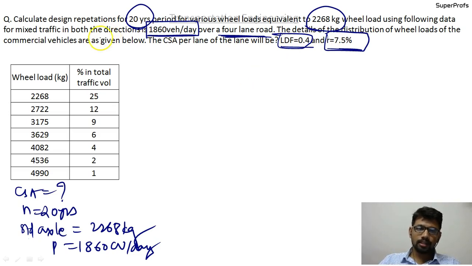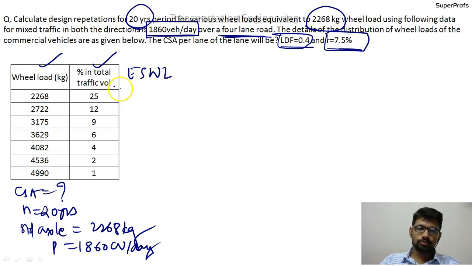Here they have mentioned the wheel loads in kg in column 1, and the percentage in total traffic volume of these particular wheel loads. The values mentioned are 25, 12, 9, 6, 4, 2 and 1. So they are in percentages. So the equivalent single wheel load will come out to be